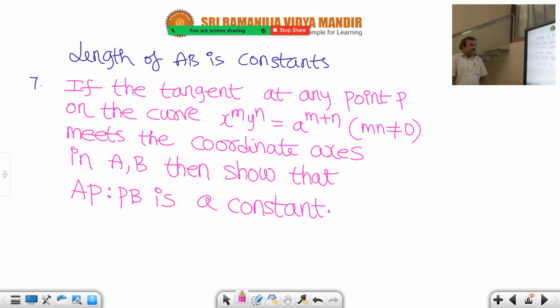Right. So this is last one in this exercise and another all-time favorite important sum. Ready? Once again, if the tangent at any point P on the curve meets the coordinate axis in A and B. So similar model but slight variation. Ready? Now,